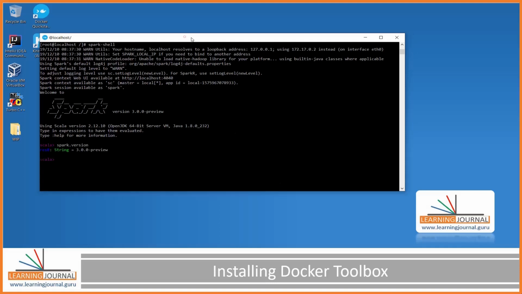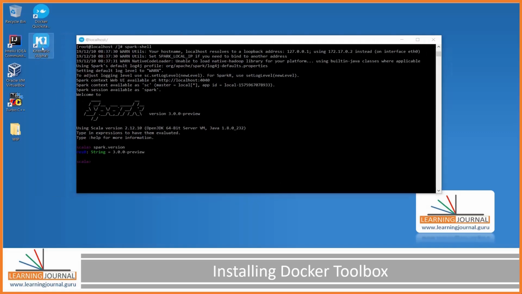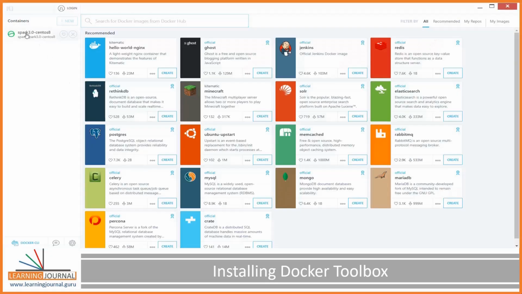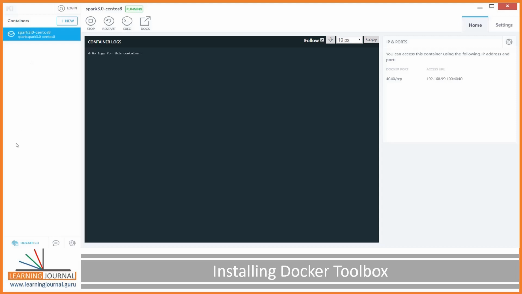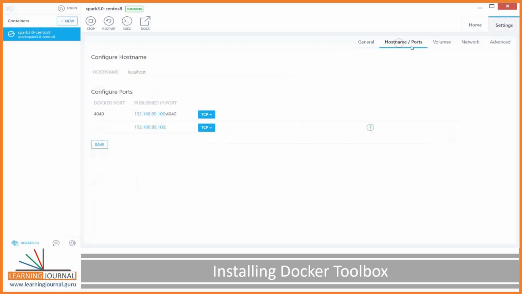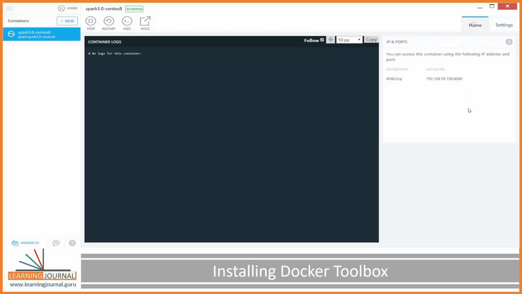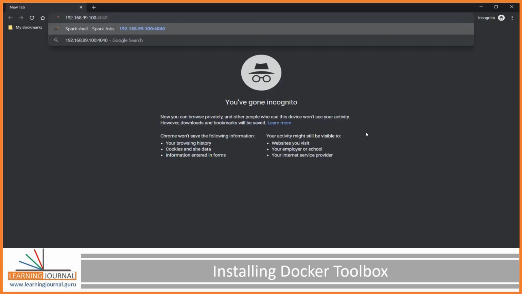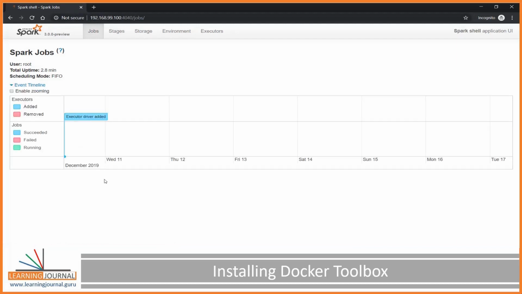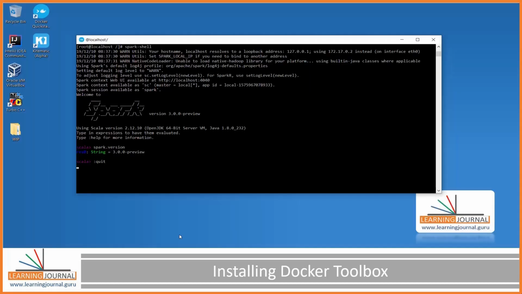When your container is running, you can start the Kitematic and look at some necessary things. For example, I wanted to access the Spark UI. The container exposes the Spark UI at this IP and port.